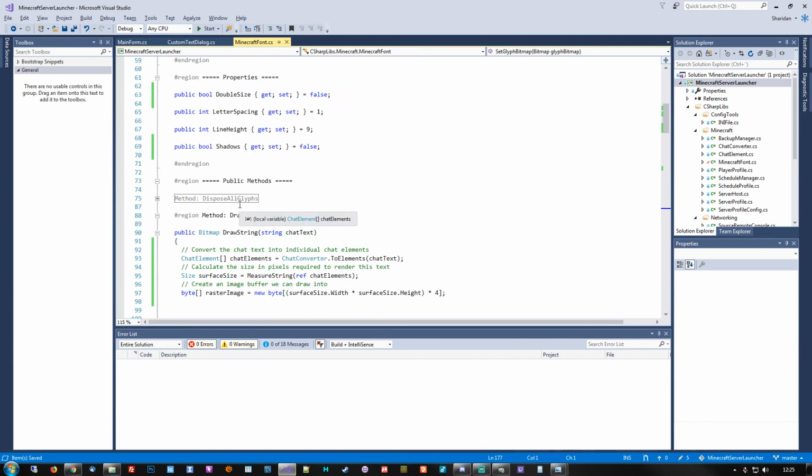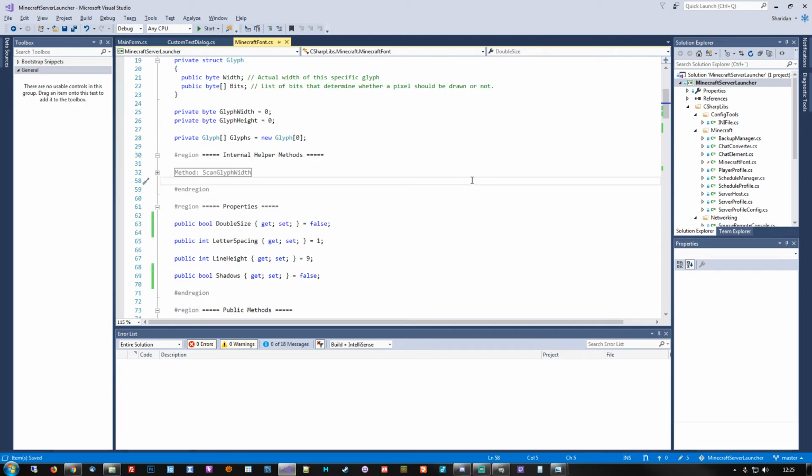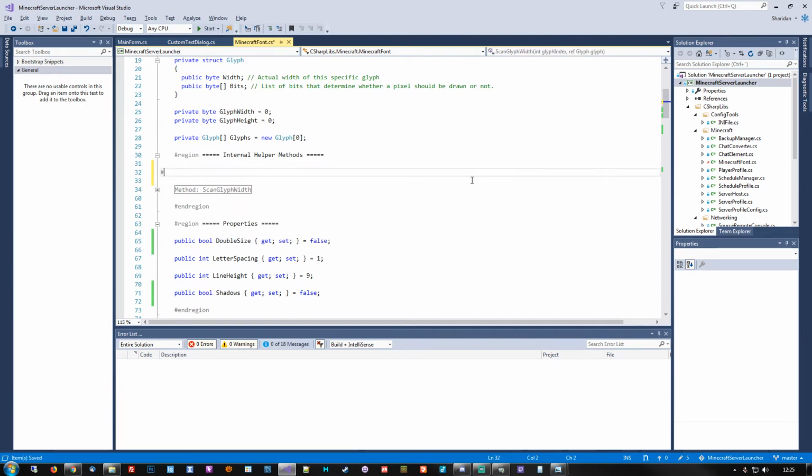So let's build a new method to fetch one of the colors. Get color,